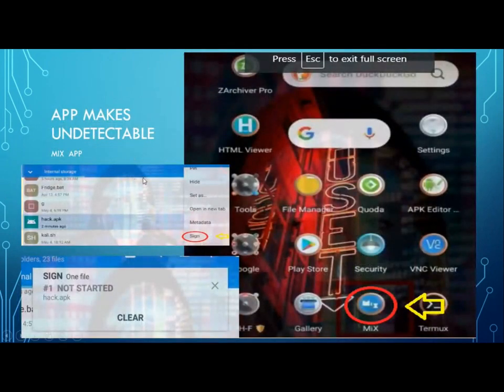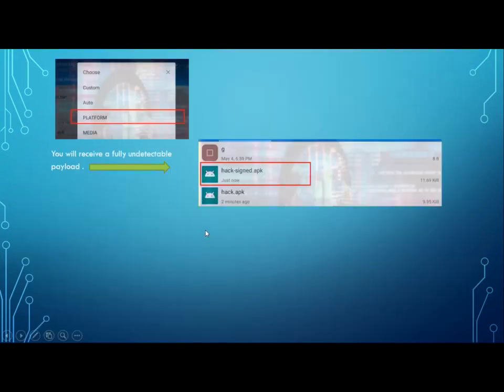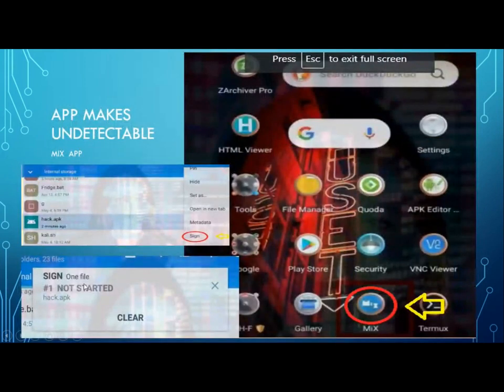So, to make the app undetectable, we have an app called Mix. This is the icon, and this Mix app will help you get this hack.apk to work with the victim's mobile. In order to make it work, you have to open this hack.apk and go ahead and sign, and you will be shown that sign one file not started. You should not clear it.